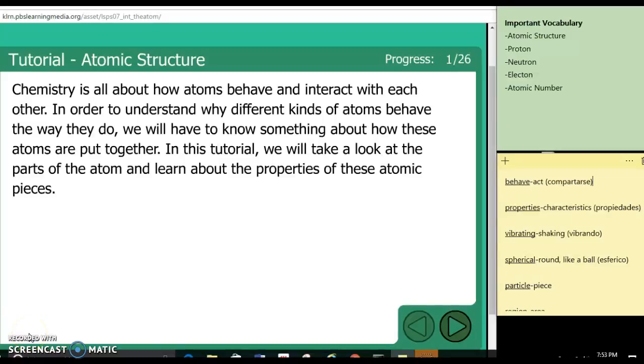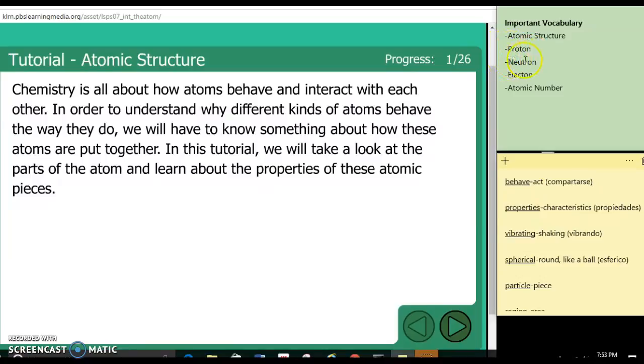This recording is about atomic structure. Atomic structure is about parts of the atom. So our important vocabulary to listen for today, and that you are expected to learn, are the words atomic structure,